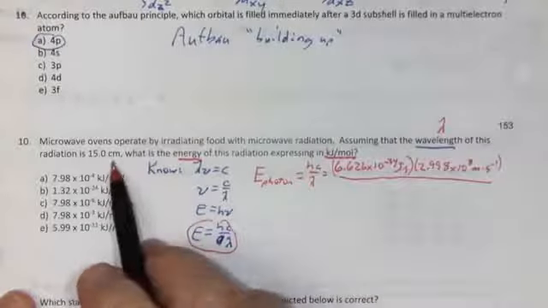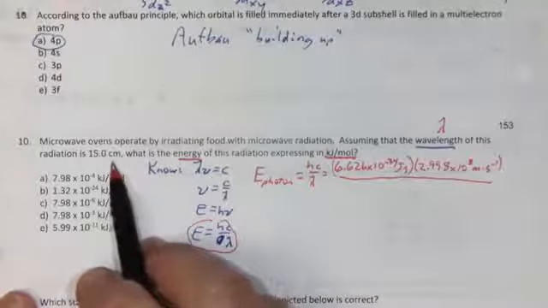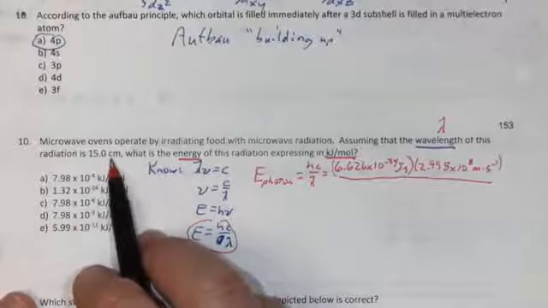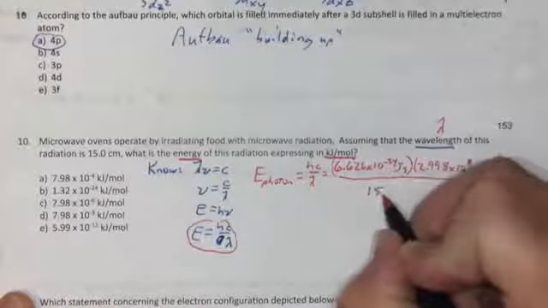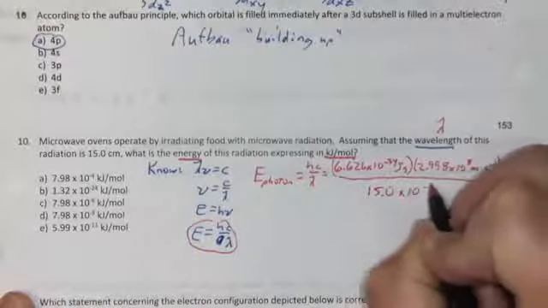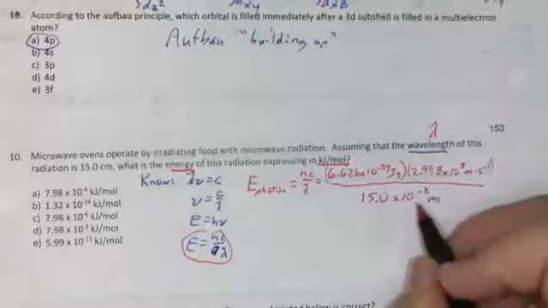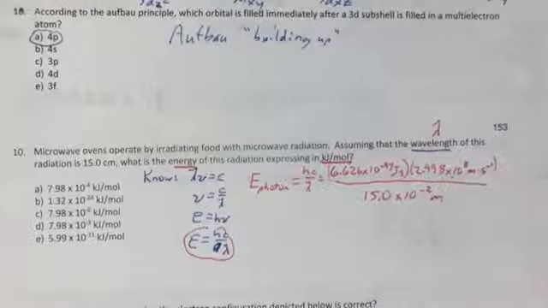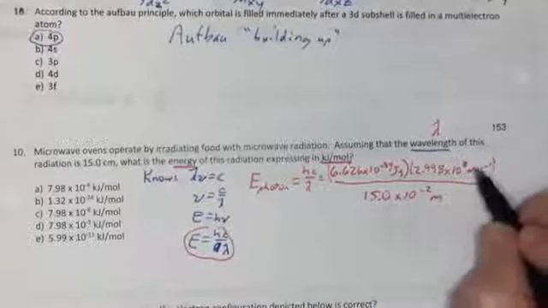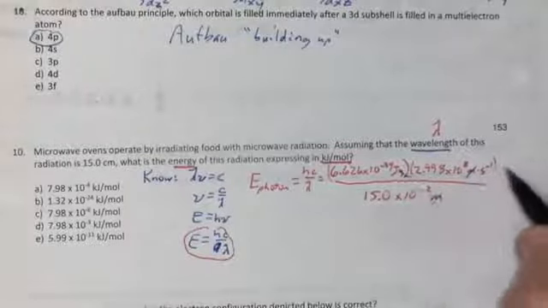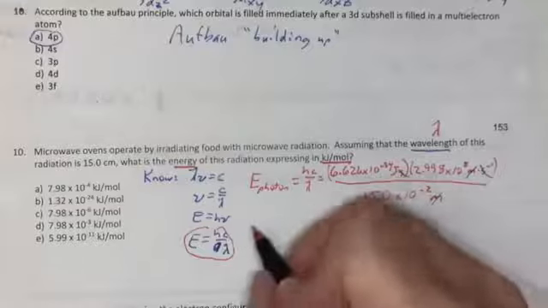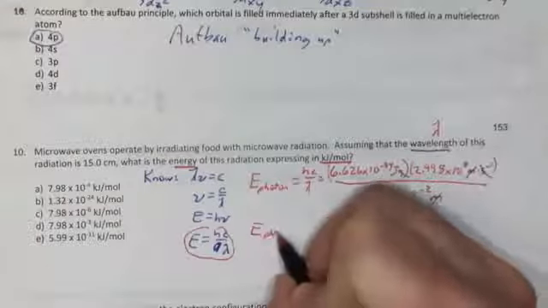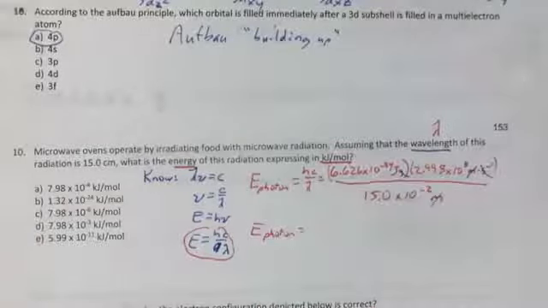Now, this wavelength is given in centimeters. Well, centi means 10 to the negative 2. So instead of writing centi, I'm going to write 10 to the negative 2. I'm going to put 15.0 times 10 to the negative 2 meters. The units of meters cancel, and the unit of seconds cancels. That leaves it in units of joules, which is the unit of energy. So the energy of a single photon calculates out to be,